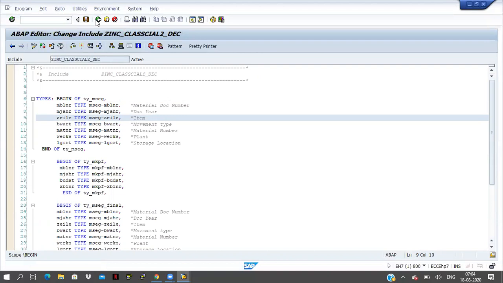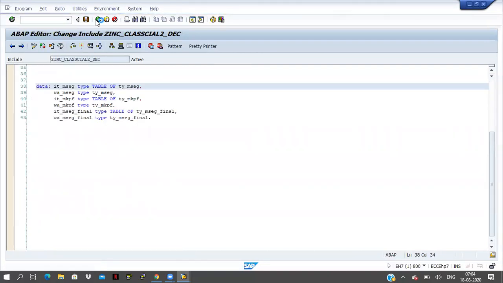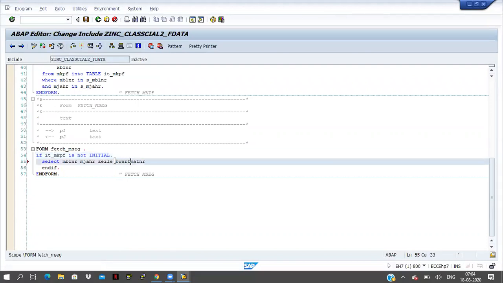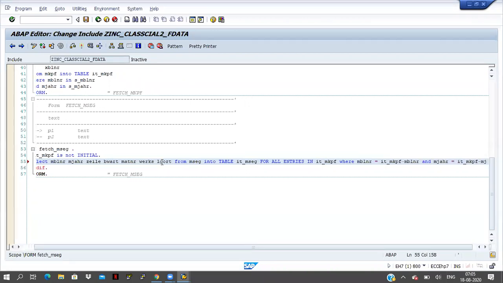Okay, fine. These all fields I am taking from the MSEG table into table IT_MSEG, for all entries in IT_MKPF, where MBLNR equal to IT_MKPF-MBLNR and MJAHR equal to IT_MKPF-MJAHR.